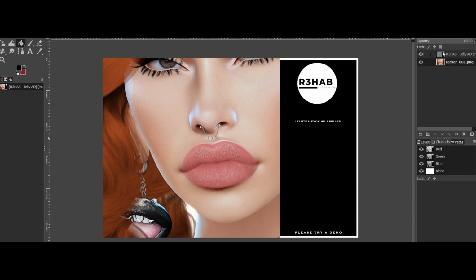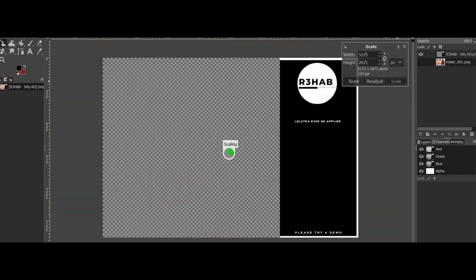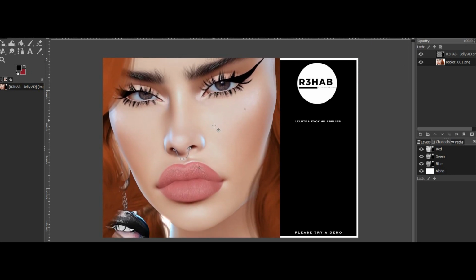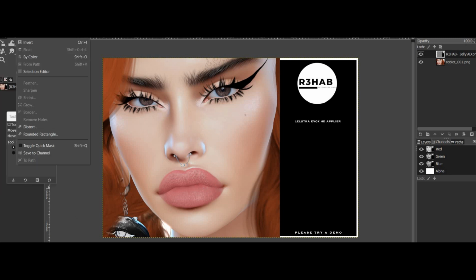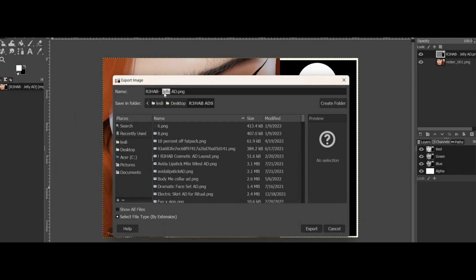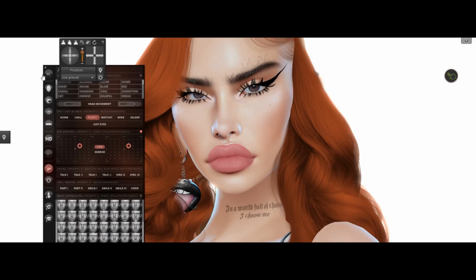I'm gonna put it underneath as the bottom layer, and then I'm just gonna get it to fit how I like it. So something like that. And then I pick a name for it, which I think I'm gonna leave blank because I have no idea what I'm gonna name it yet. So then I'm just gonna export it. While that's exporting,